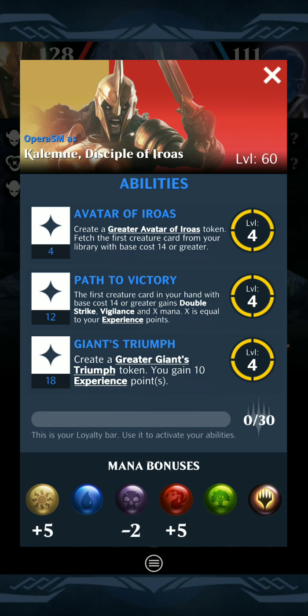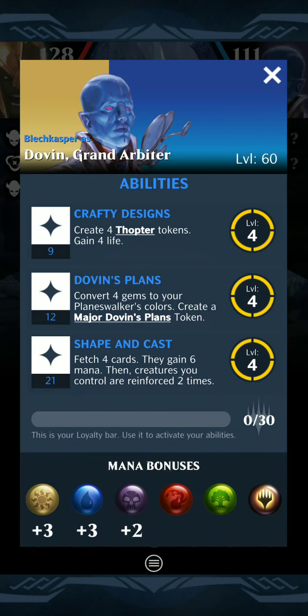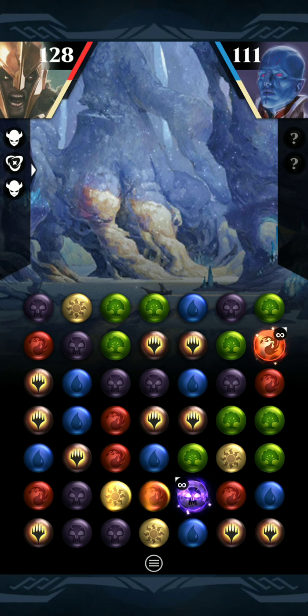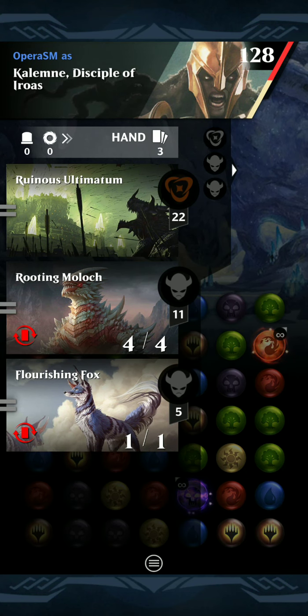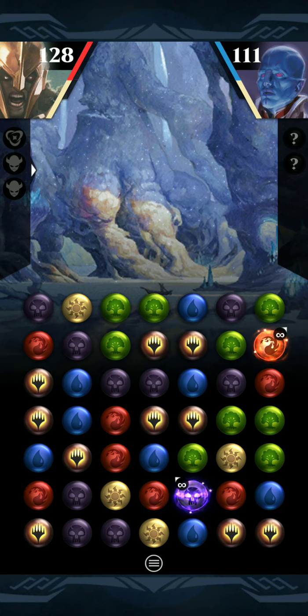But our mana bonuses are +5 to white and red. Opposing Dovin has white, blue, and black bonuses. So we're going to prioritize blue here. What's really important here is you want to try to get loyalty in addition to your matches. So here I'm trying to look, because what we can do, there is a blue match where we can get